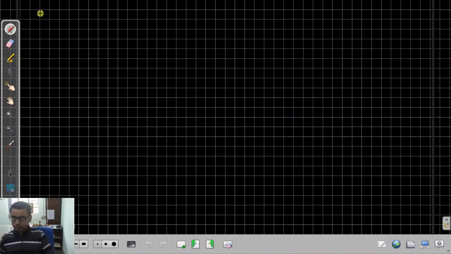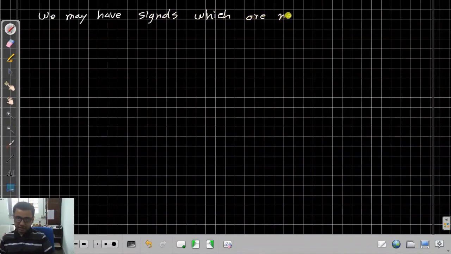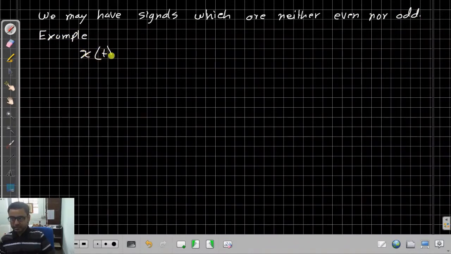So we may have signals which are neither even nor odd. For example, consider x(t) equal to e to the power t. So if we plot this graph,